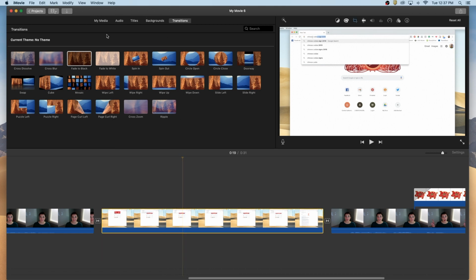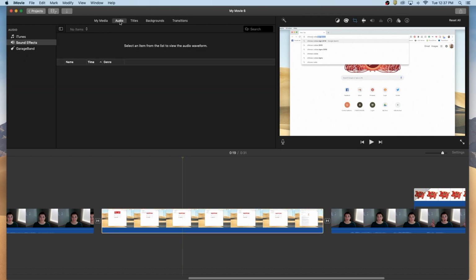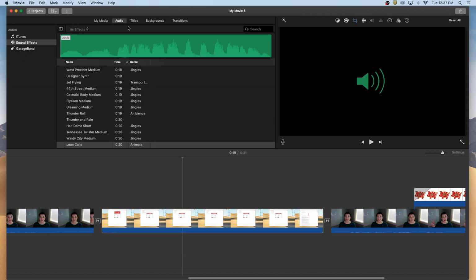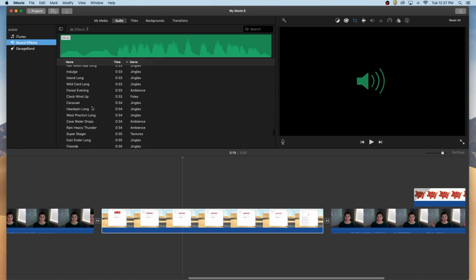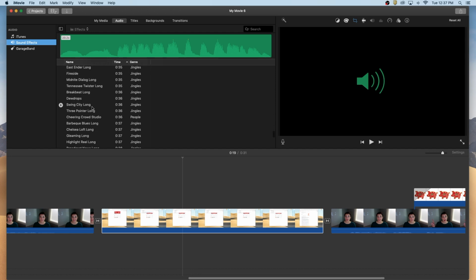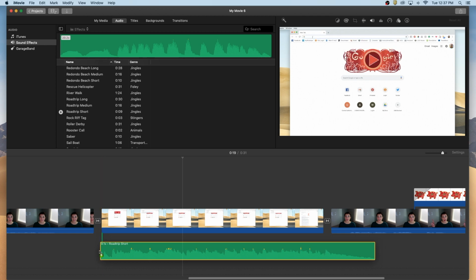Another thing you can do is add some music. I'm under the audio tab right now, and you can add music from your iTunes or something you created from GarageBand, or you can come into sound effects, and they've actually got some pretty good ones. They've got some sound effects, some jingles, some tunes, anything like that. But I'm actually going to look for, let's see, I've done this before, so I know that Road Trip Short is a good one for me to add,